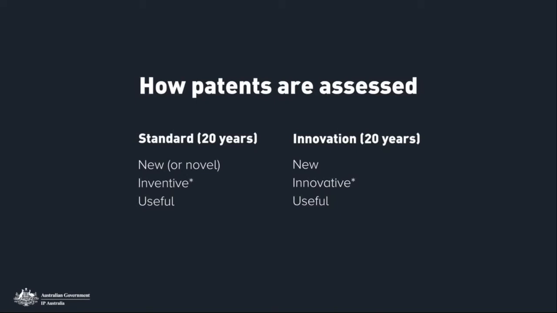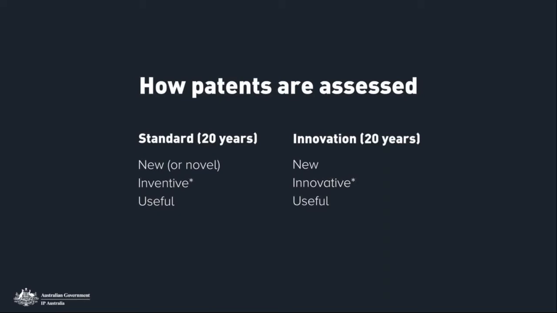So now you know that patents provide the inventor with protection for that invention. But before you consider what type of patent best fits your business delivery, it is best to know there are two types of patents: standard patents and innovation patents. A standard patent gives you long-term protection and control over that invention. It lasts for up to 20 years from the filing date of your complete application and up to 25 years for pharmaceutical substances. An innovation patent, on the other hand, only lasts up to 8 years and is designed to